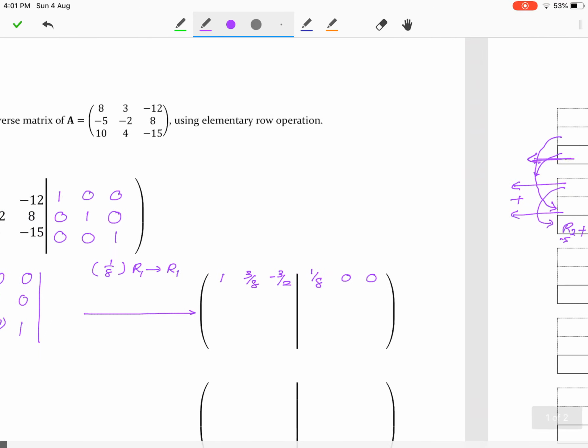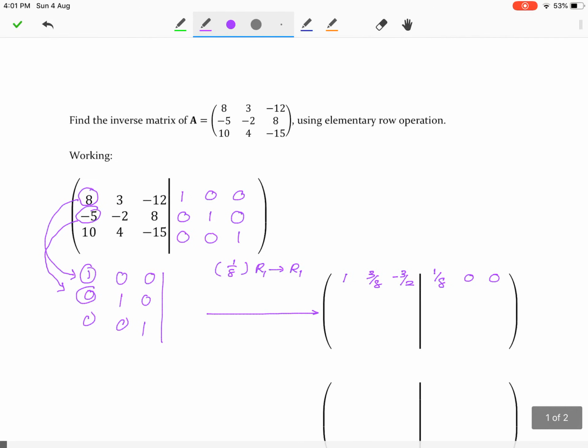So you can rewrite this as row 2 plus 1 over 8 multiplied by 5 multiplied by R1